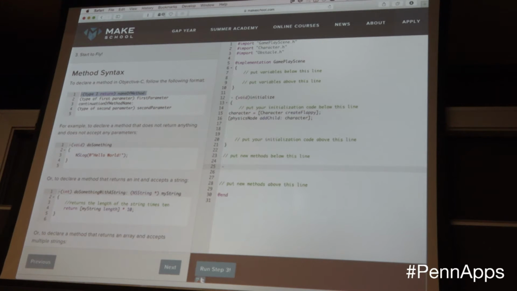You could start off by saying NSString. This is going to return an NSString hello, and you could put NSString name, and that's going to say what it takes in. The minus at the beginning basically says that this is a method on the object.